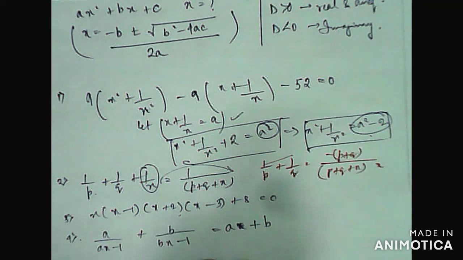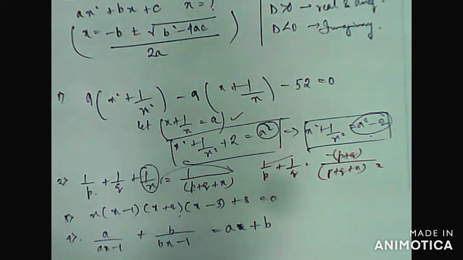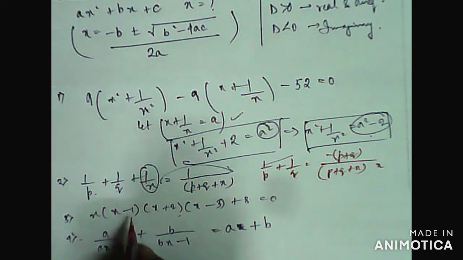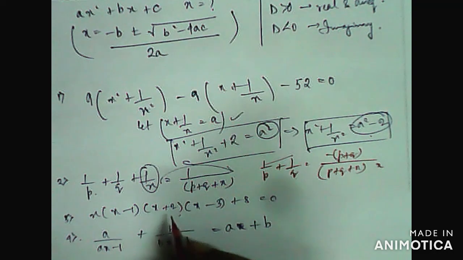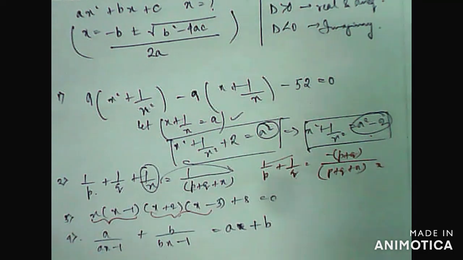What you need to do is, see here, only x is there, that means x plus 0 is there, and 0 and minus 1 will give you minus 1. Here x plus 2 and x minus 3 is there, and 2 and minus 3 will also give you minus 1. So what you do is, these two you multiply and these two you multiply, and then you will understand